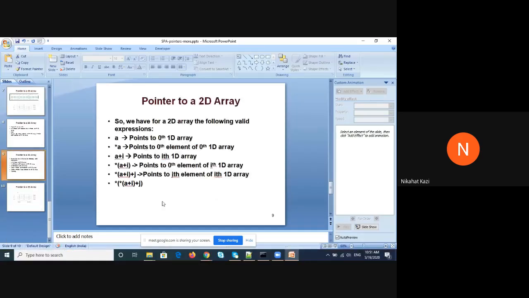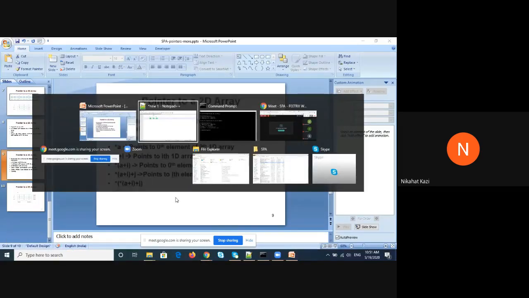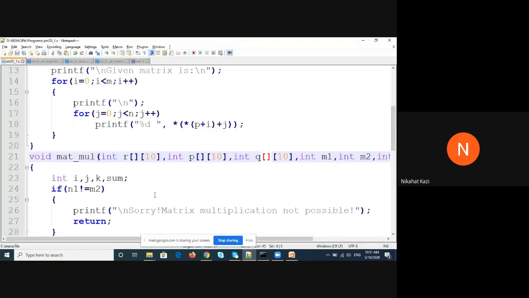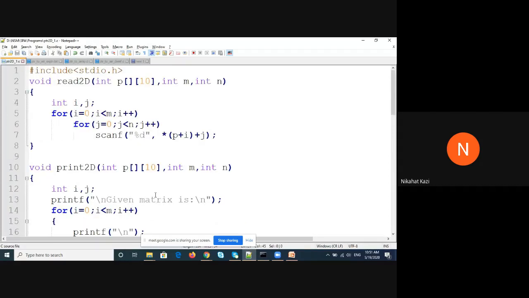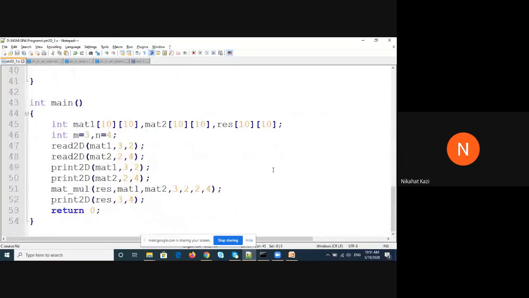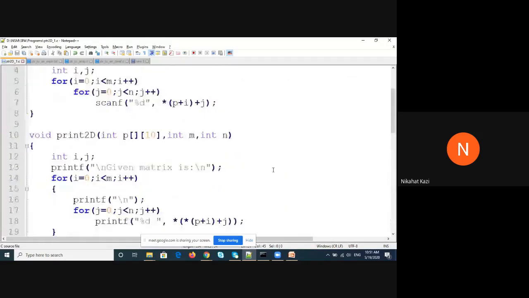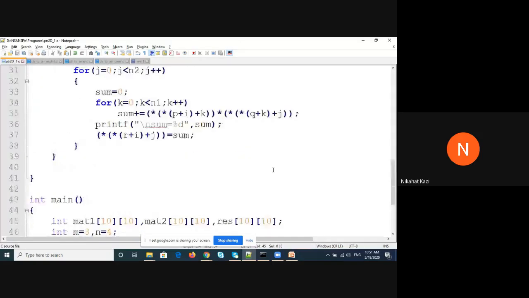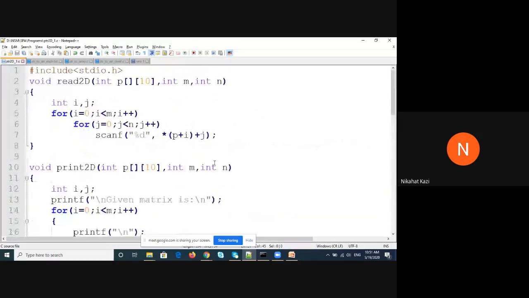Now, for this, there is a simple matrix multiplication program which I have written, which I will show you quickly. I know this one lecture is not sufficient, but if possible, I might take one more lecture on this, so that if you still have doubts, we can discuss. This is matrix multiplication using pointers.